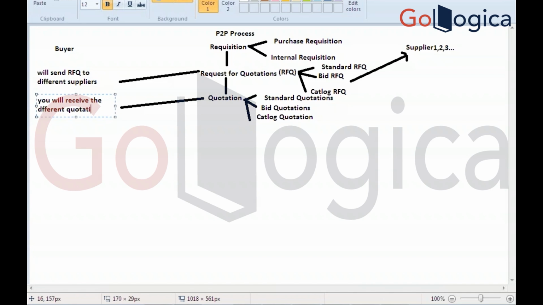You will receive different quotations based on the RFQ from suppliers. Clear? You will receive the different quotations based on RFQ from suppliers, and find the best quotation. Best quotation, clear? Best quotation based on